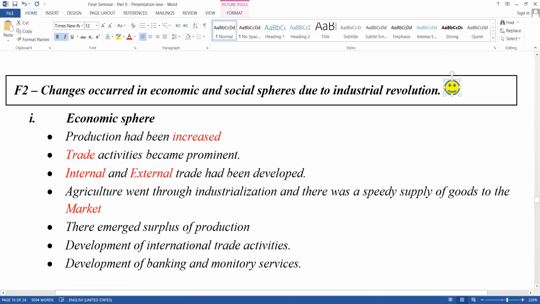In the economic sphere, production had increased, trade activities had become prominent, internal and external trade, agriculture had developed, emergence of surplus production, international trade, banking systems, monetary service, just complete. I don't think that this is so important for the exam. But however, just